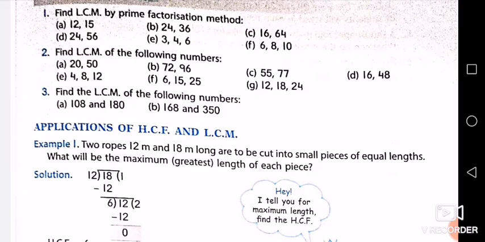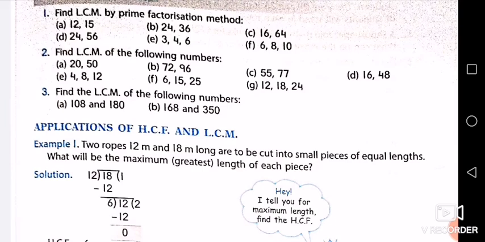In the same way, you can find factors of 3 numbers also. Like in E part, you can find it out, 3 numbers are there, 3, 4 and 6. So similarly, you can find factors of 3, 4 and 6 and 6, 8 and 10. First of all, find prime factors of all these 3 numbers, then write down the prime factorization, then find out the common factors, and then the LCM of the given numbers.